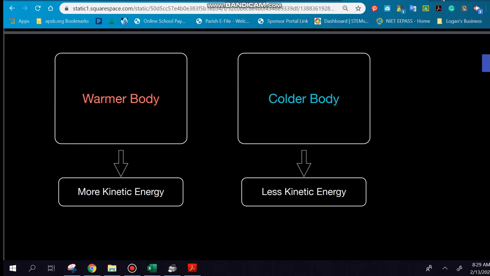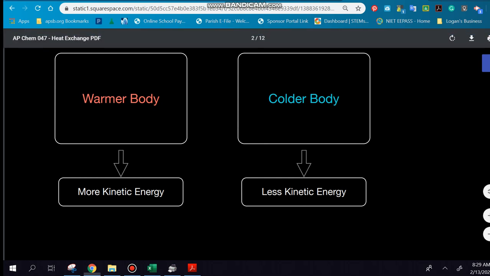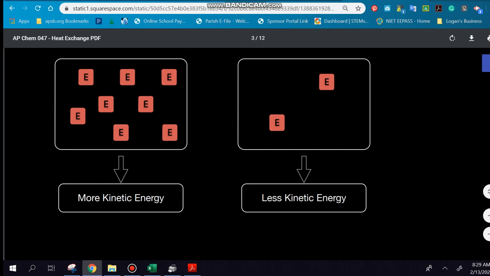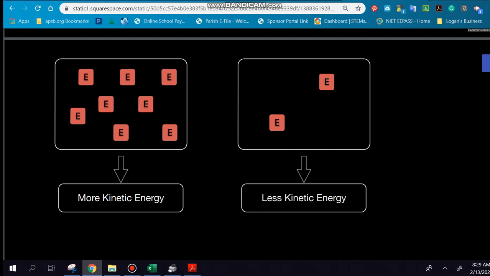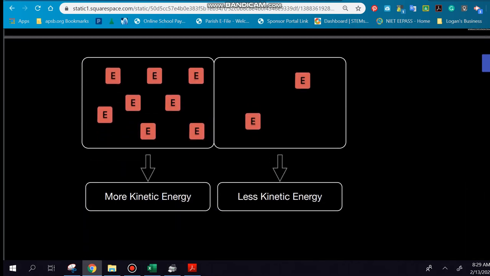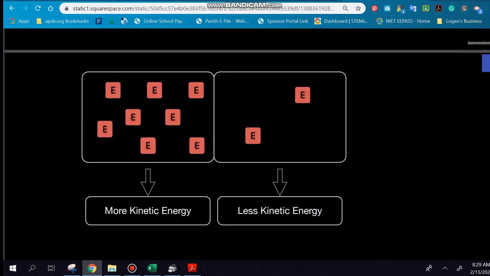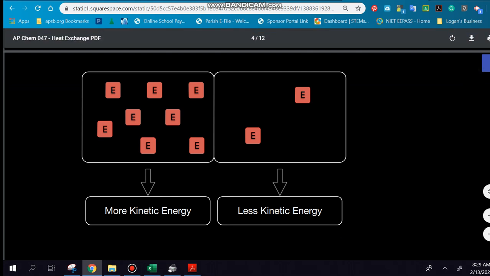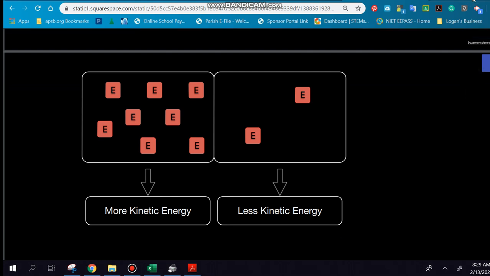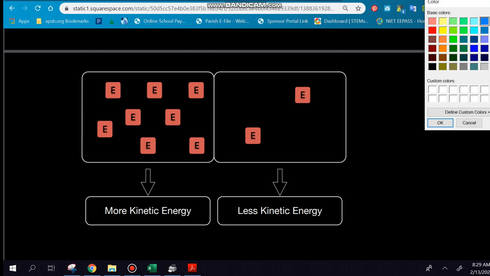Okay, the first thing I want to look at is when we have a warm body, it's going to have more kinetic energy than a cooler body, which has less kinetic energy. So this is how you can look at it graphically, with a lot of energy particles in, of course they're not really particles, but there's more energy when we have a warmer body. When they get close together or when they're touching, we can actually transfer that energy from the warmer body with more kinetic energy into the cooler body with less kinetic energy in it. So what that's going to look like,